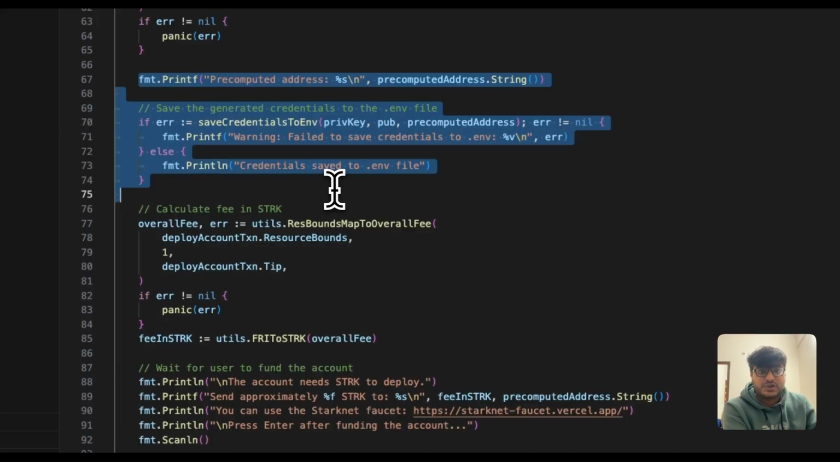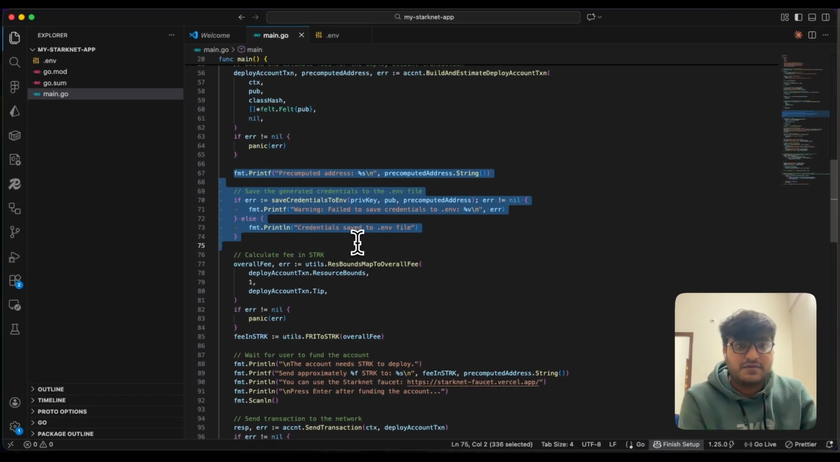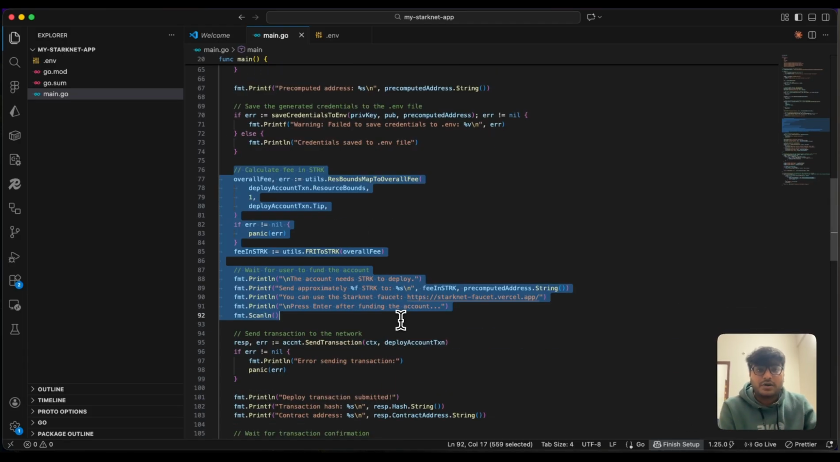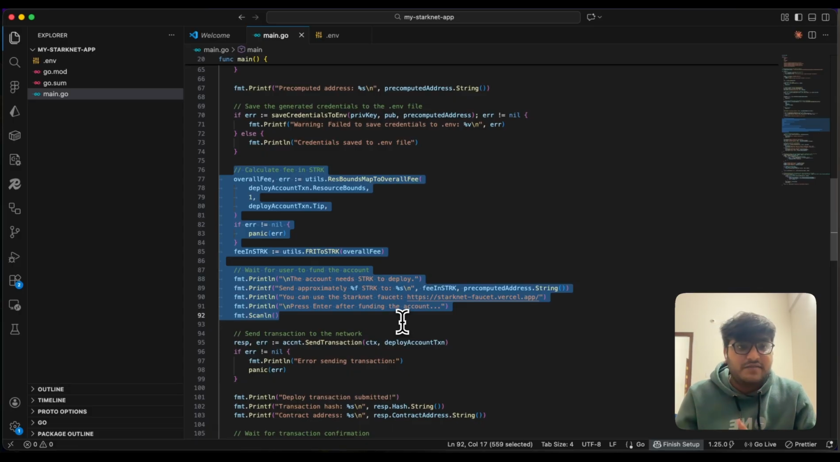And this is crucial. You don't want to lose your private keys. And this is a helper function, save credentials to environment, at the bottom of the file that handles this. You can go through it. It's pretty simple. Now for this section, Starknet uses a resource-based fee model, which is res bounds map to overall